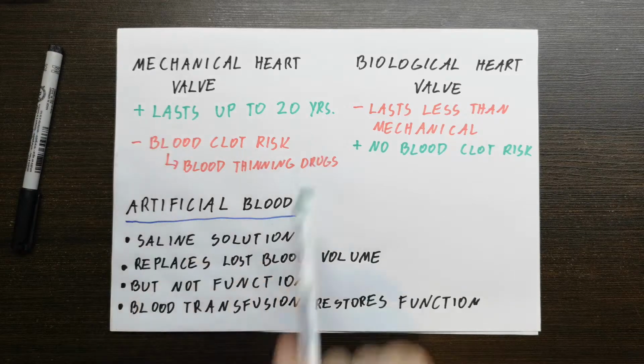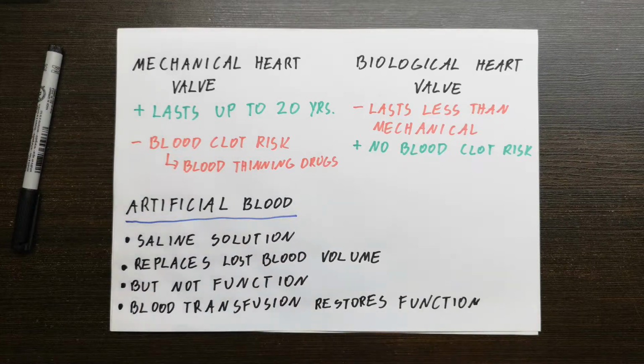Mechanical heart valve lasts up to 20 years. It's made from ceramic and some other materials which are very, very durable indeed, and they last for a long time. Whereas biological heart valve doesn't last quite as long. It's made from biological tissue, which also has its age because that animal that it came from had a certain age, so they just don't last as long. However, on the flip side, mechanical heart valve